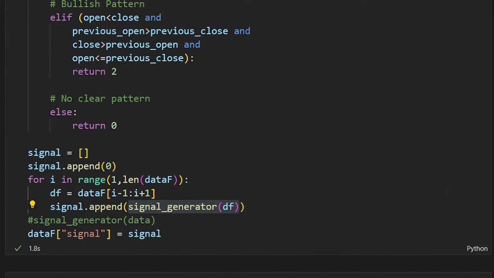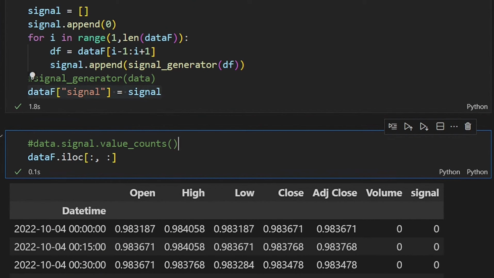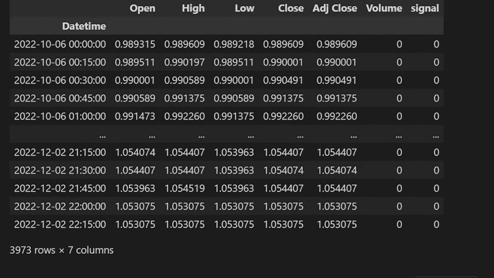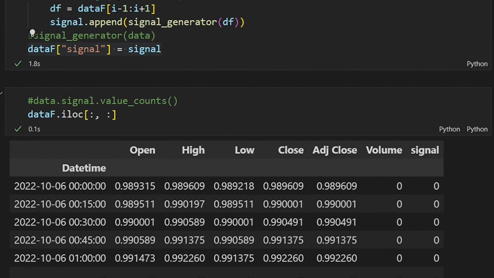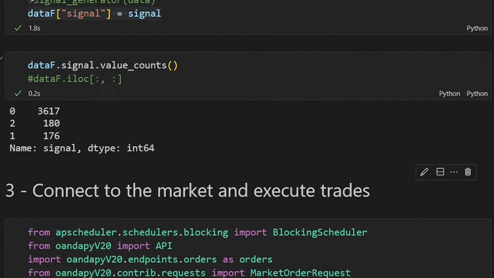Then I will add this as a new column into my testing data frame, and I can print the whole data frame and see that I have an additional column here. Now, all I can see for the moment are 0 signals, but we can do a value counts, and we have 3,617 zeros, meaning no signals. Buying signals, we have 180, and selling signals, we have 176 bearish engulfing candles in the data sets that we